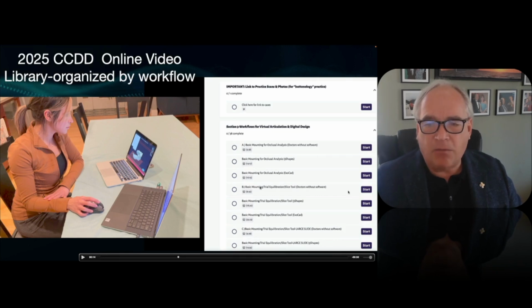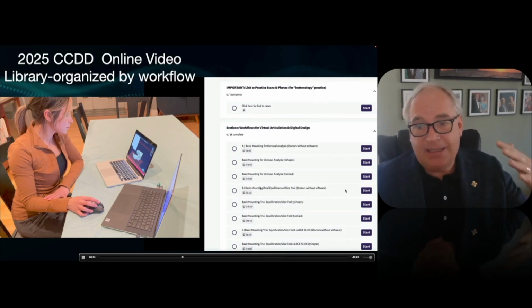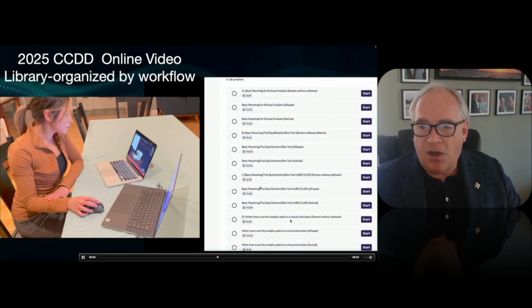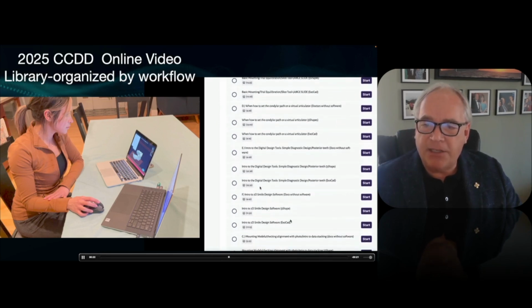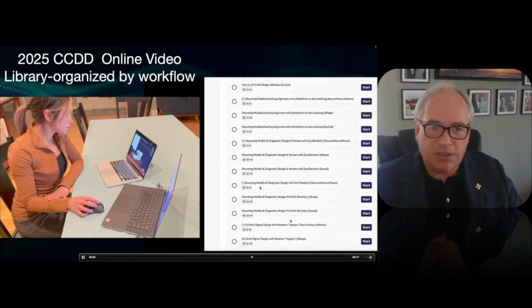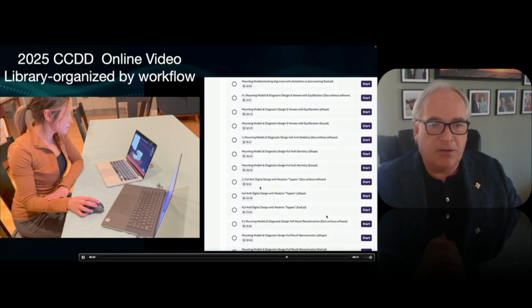And we'll be adding Real Guide soon. But if you look at this, this is about a 30-hour video. This is all the stuff that happens in planning in section 3. But then we've got a whole section on orthotics, a whole section on printing provisionals, a whole section on digital dentures, a whole section on implant planning, and a whole section of